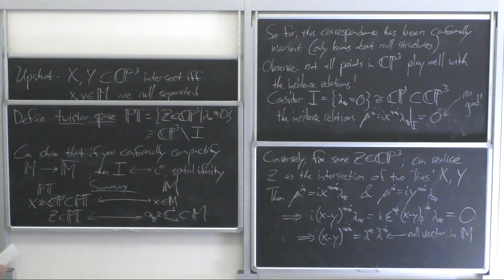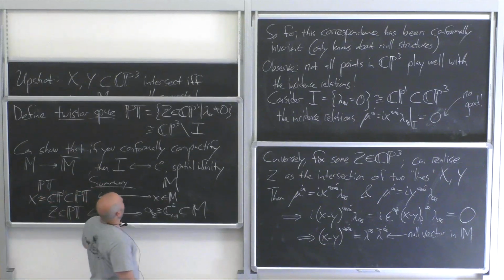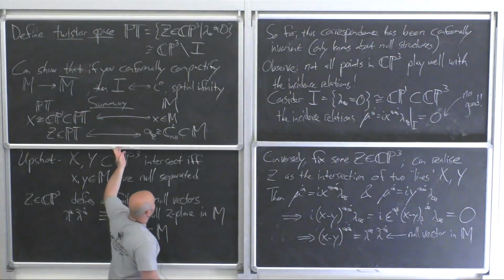Okay? So far you might say, okay, this has been some nice geometry. Does it buy anything? All I've told you so far is there's some nice geometric way to re-encode the geometry of complexified Minkowski space. You can get real Minkowski space out of this by imposing appropriate reality conditions on everything. But you know, what does it buy you? And that's the next thing I'd like to try and